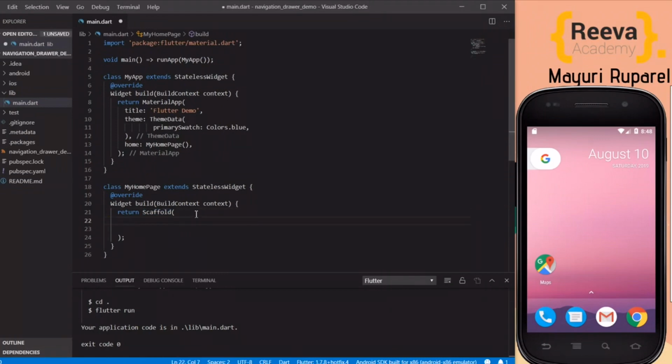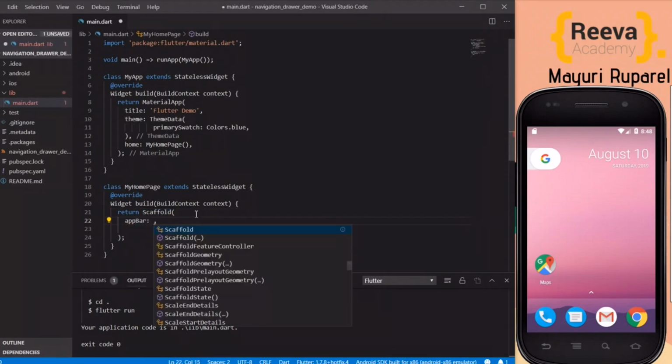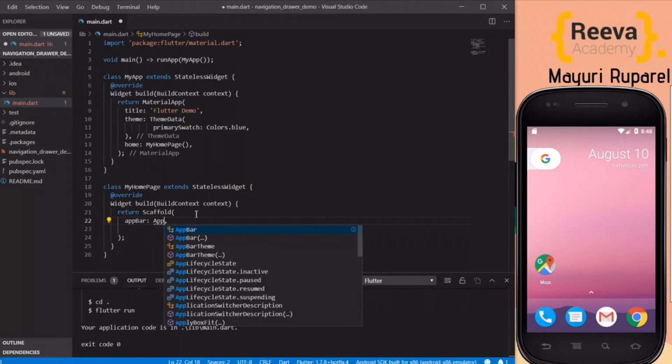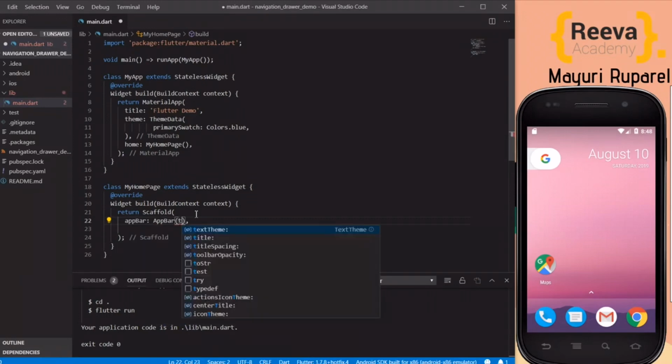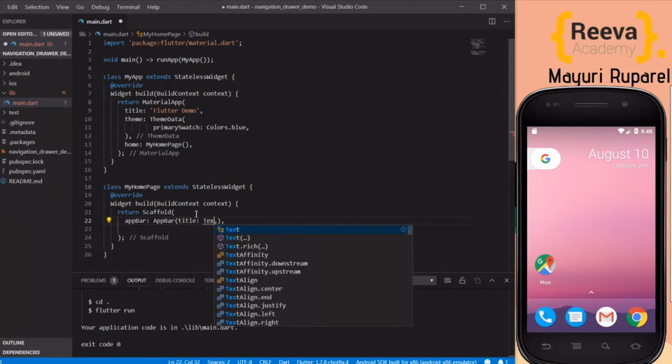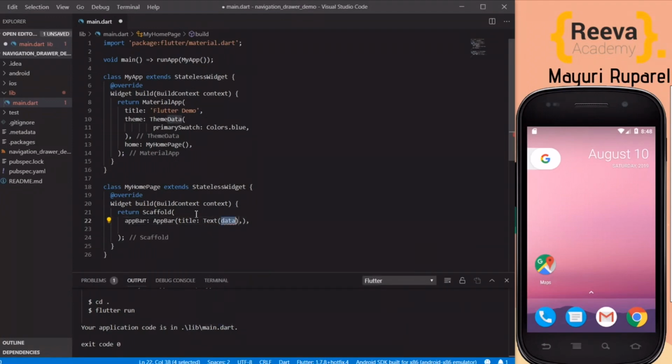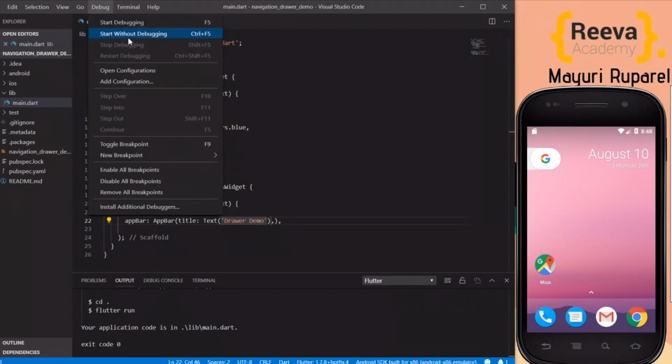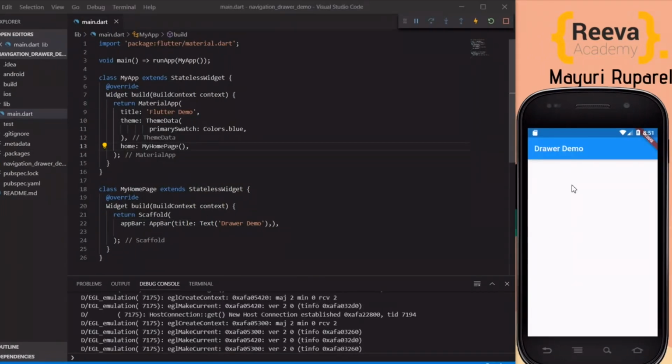Okay, we will add the app bar, and in the app bar we will add the title. Cool. These are the basic steps that we do in the start of any project. And run this in emulator. Give the title as say Drawer Demo, and now we will run this in emulator. Cool. Nice. Okay, so now we will add the body